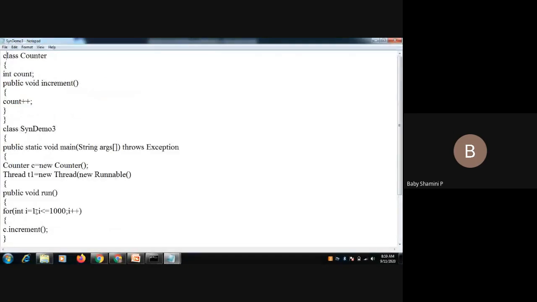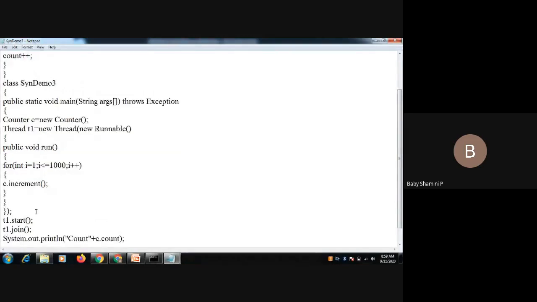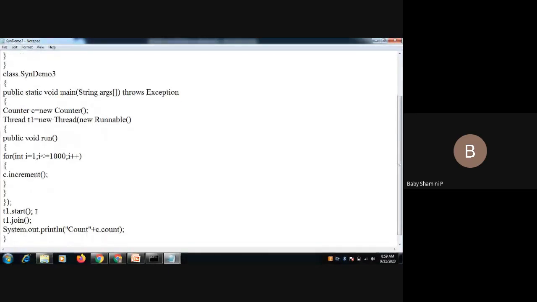First we need to call a thread, that is T1.start. If you are not giving any join statement, then without completing the task of thread T1, sometimes the main thread stops executing the process. To avoid this, we need to give a statement T1.join. Until the T1 thread completes its task, the main thread must wait for the subthread. No need to change any other thing, we just need to give T1.join. So that is the first example for single thread.